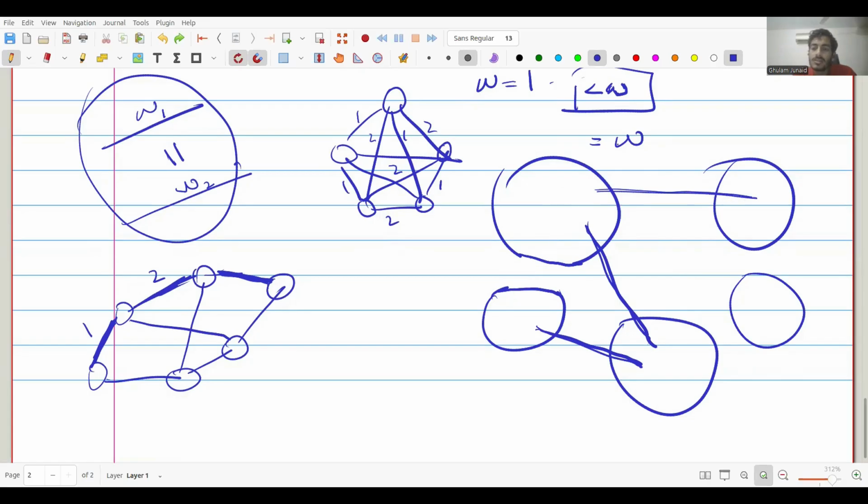Why? Because if we do it with a greater weight, of course it is not optimal, and we could not do it with a lesser weight. Otherwise we would have done it, right? So this is the